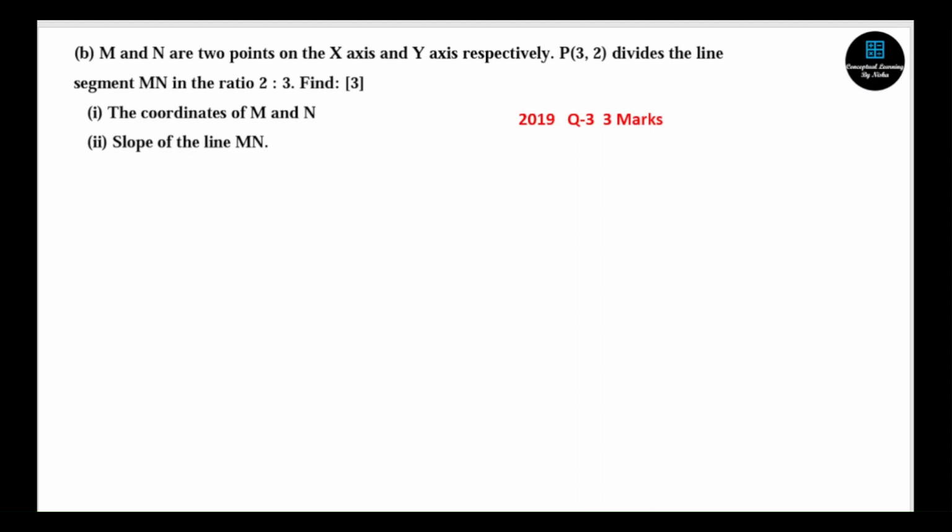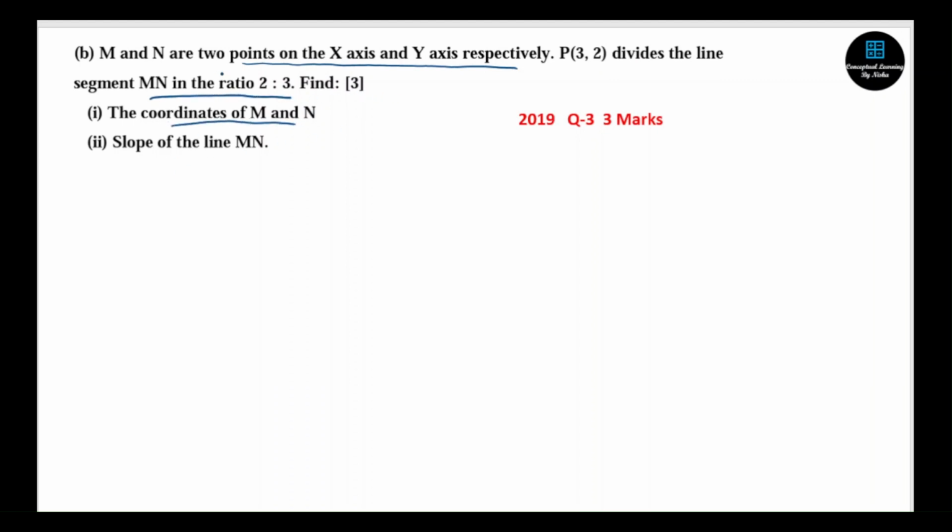Now the next question is from the 2019 board exams, a 3 marker question. Alright. Now let's understand what is given and what we have to find. So M and N are 2 points on the x-axis and y-axis respectively. Important. Okay, and P divides the line segment MN in the ratio 2:3, and we have to find the coordinates of